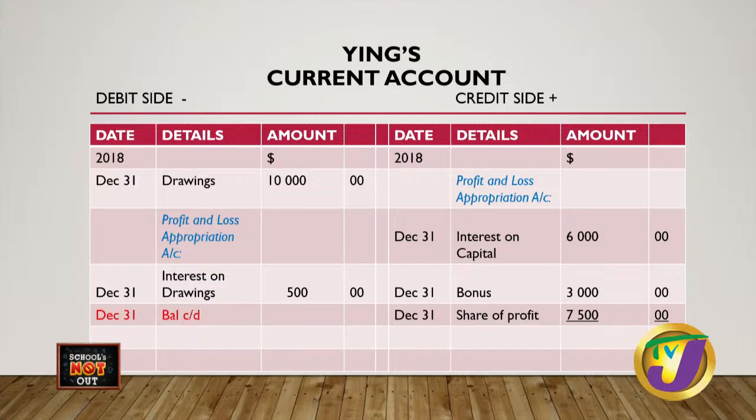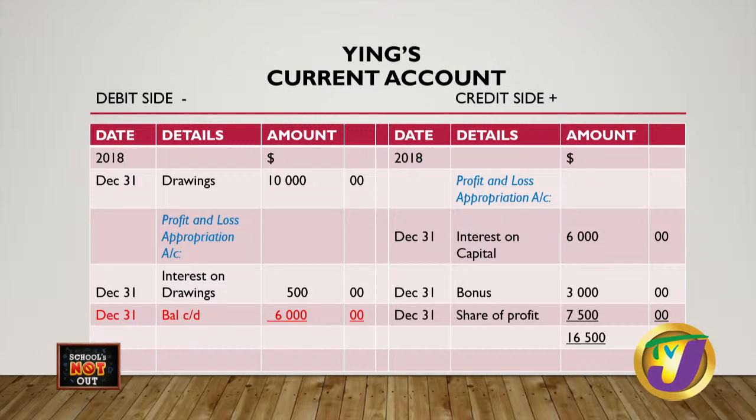Now, students, it would be time to balance, because we would have already entered all of his debit items, all of his credit items, all that he received and all that he took out. So how much does he have left? Simple. We would add all that he received, and that's from the increasing side, which is the credit side: his interest on capital of $6,000, his bonus of $3,000, his share of profit of $7,500. Now that would give us a total of